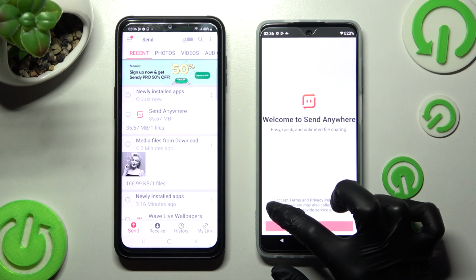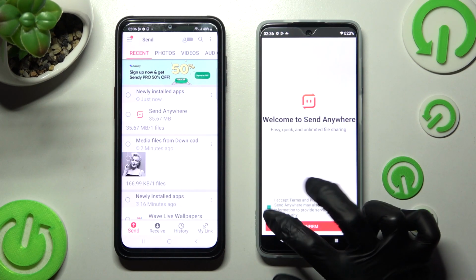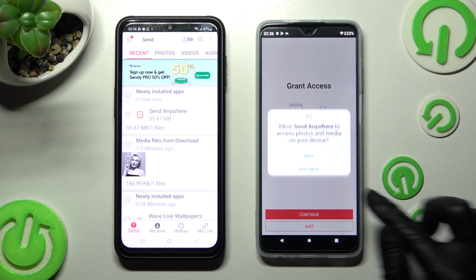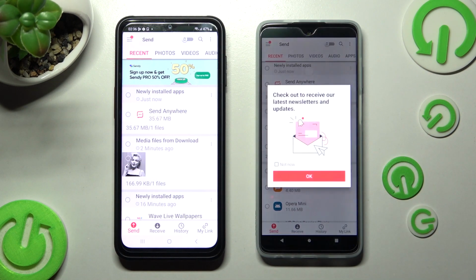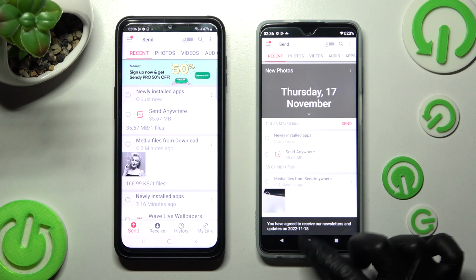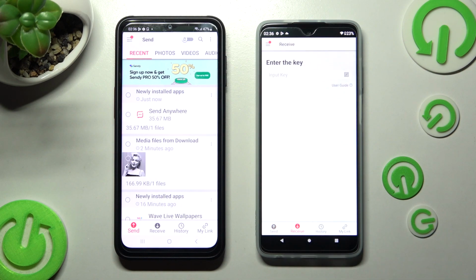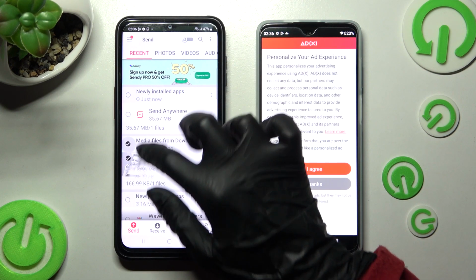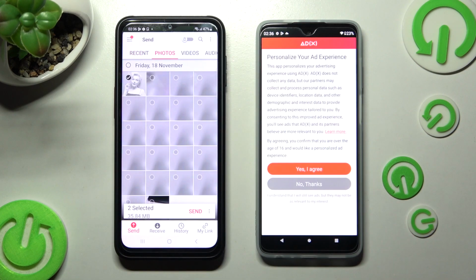I accept, confirm, continue, allow. Over here, select Send at the bottom left corner of your Samsung and Receive at the bottom of Motorola device. Now you need to tap on all of those type of dots from all of those categories